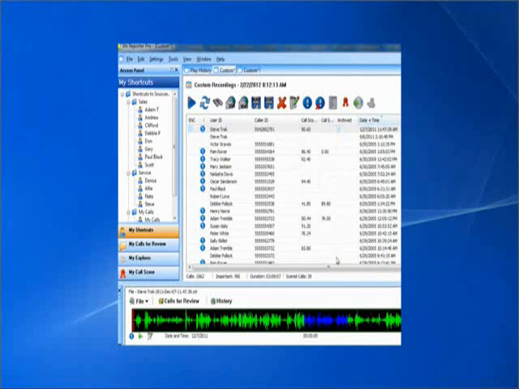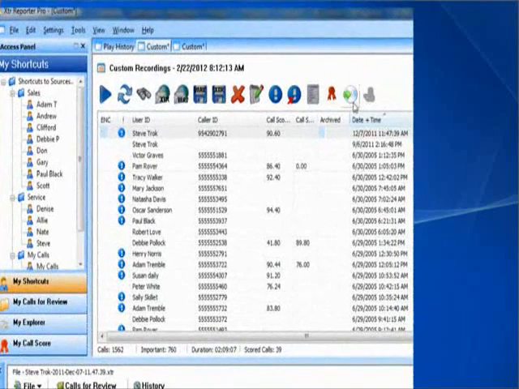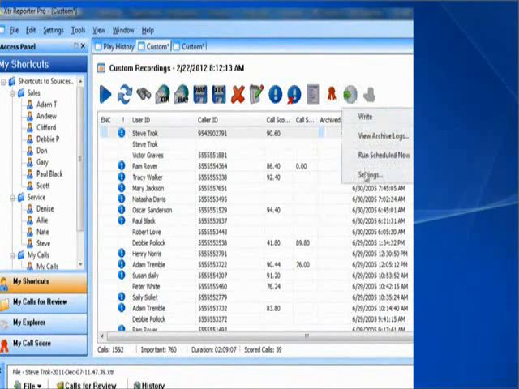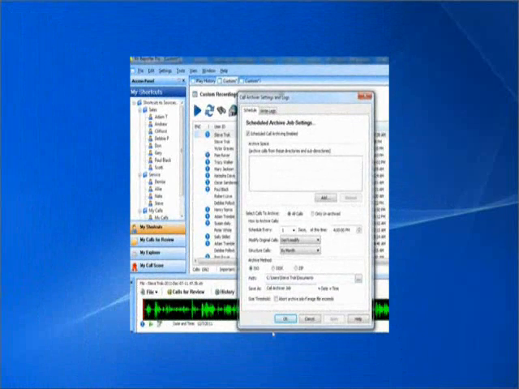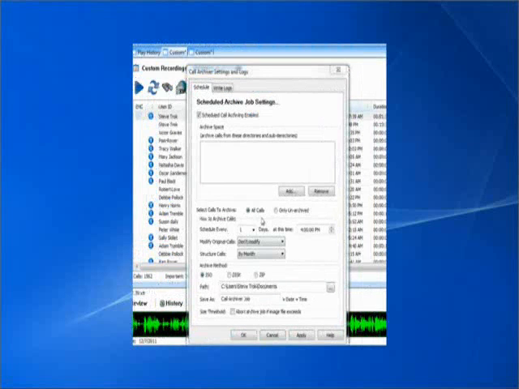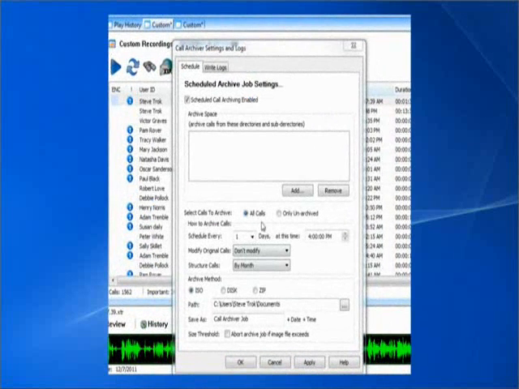Having some form of archiving is essential to ensure that calls are not lost due to a hard drive failure on the host PC. The call archiving module is standard in the Reporter Pro application. To get started with this module, simply click on the disk icon in the toolbar and then select the Settings option. This is a very simple but effective way of backing up your recordings of a specific user or for your